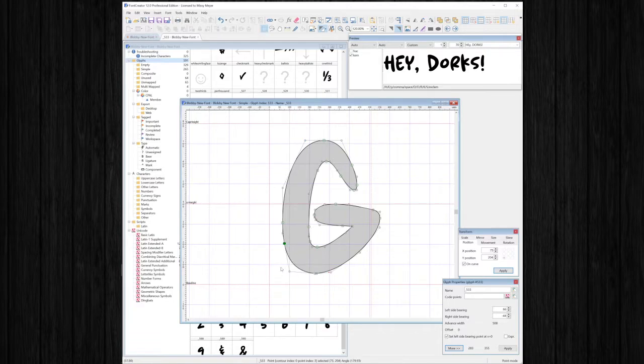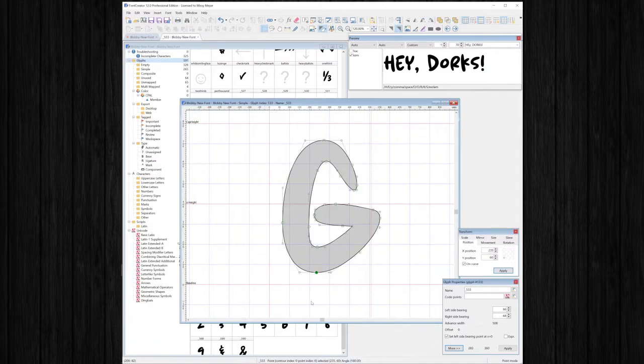Likewise, I'm going to even these guys out, put them all on the same line. I don't need 2 nodes here, so I'm going to delete one of them. And I don't need that node. So I'm just going to adjust. I'm using my arrow keys here. When you're using your arrow keys,